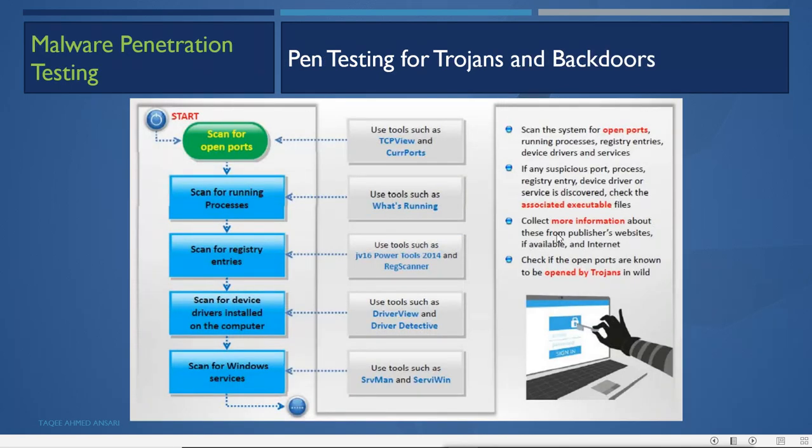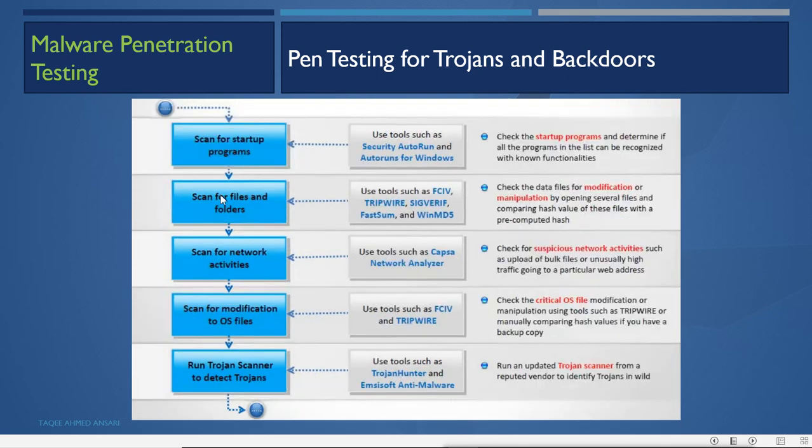We'll do all these things stepwise: scan for running processes, scan for registry entries, scan for device drivers installed on your computer, scan for Windows services, scan for startup programs, scan files and folders, scan network activities, scan modifications to the files, and run a Trojan scanner to detect the Trojans.